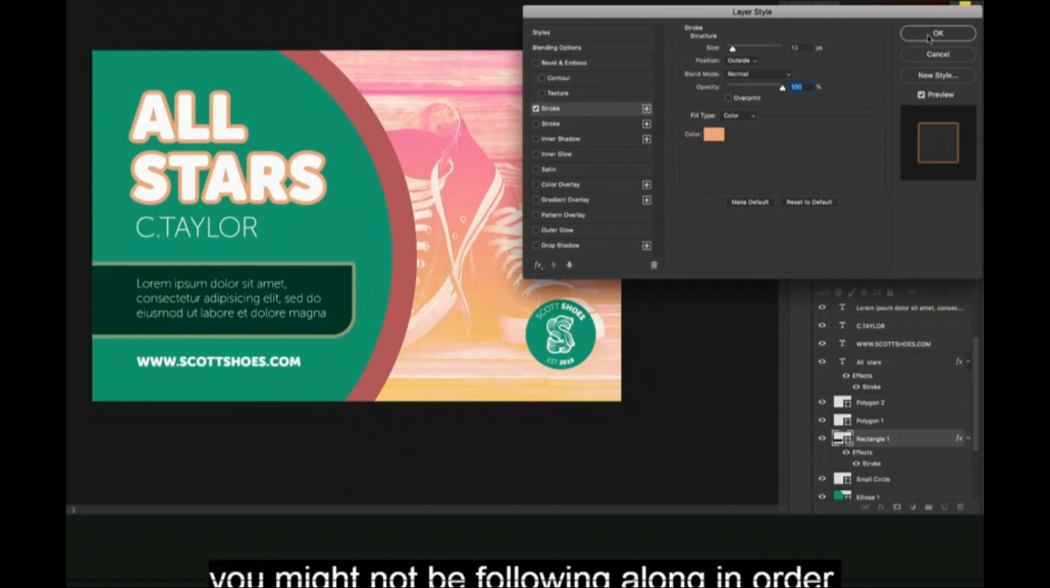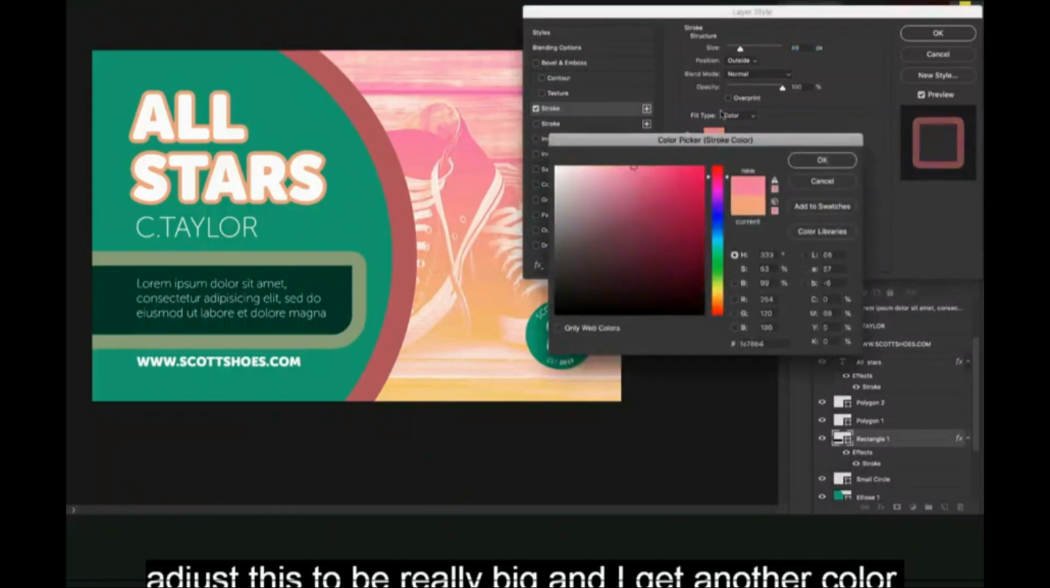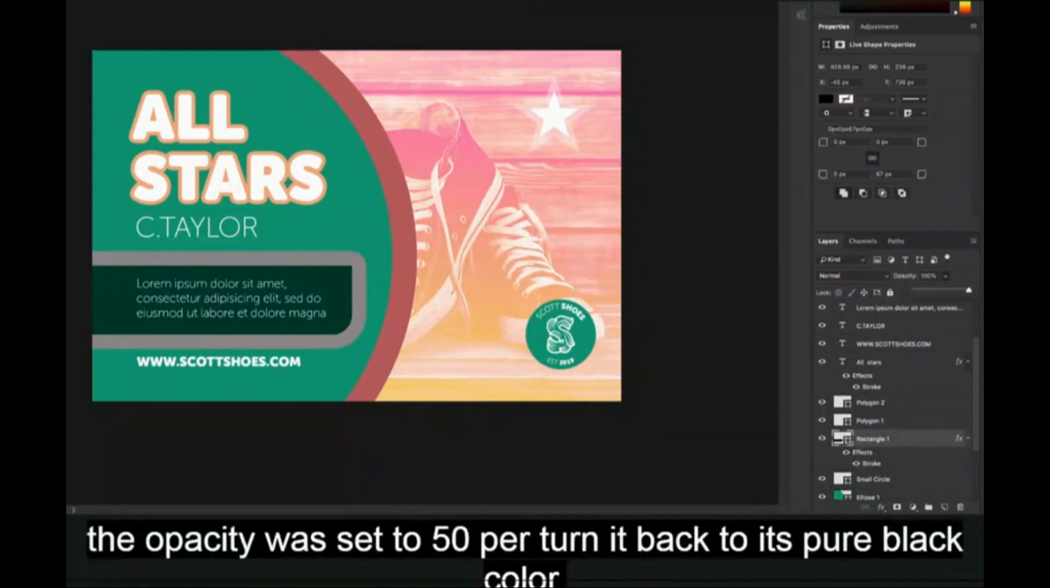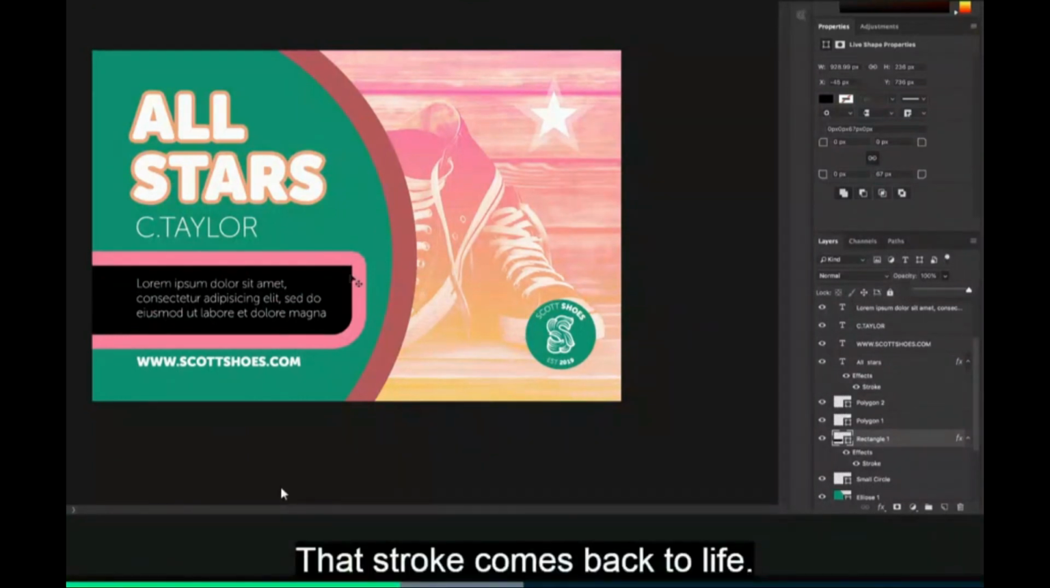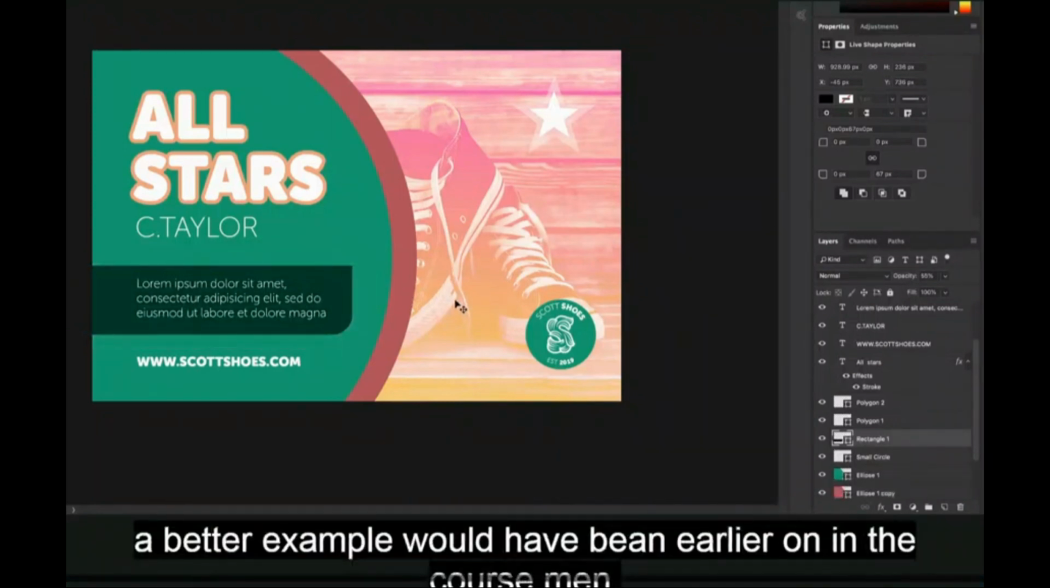You might not be following along in order, but all that's happened is, let's say I'm going to adjust this to be really big and pick up another color. Click OK. What's happening is, see this opacity here on this layer? The layer selected, the opacity was set to 50. If I turn it back to its pure black color, that stroke comes back to life. And both of those things I hate, so I'm going to go to Edit, Step Backwards to get rid of the stroke. A better example